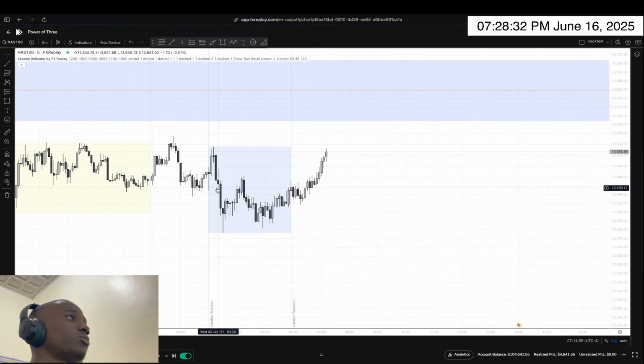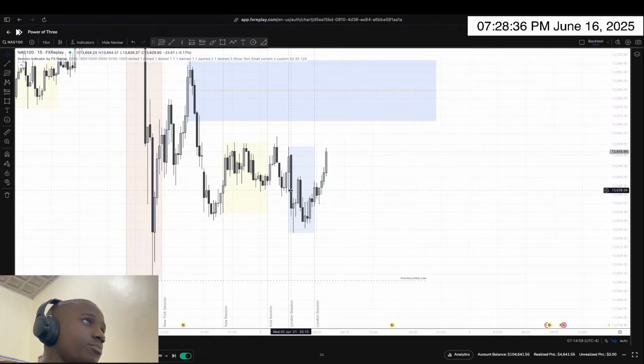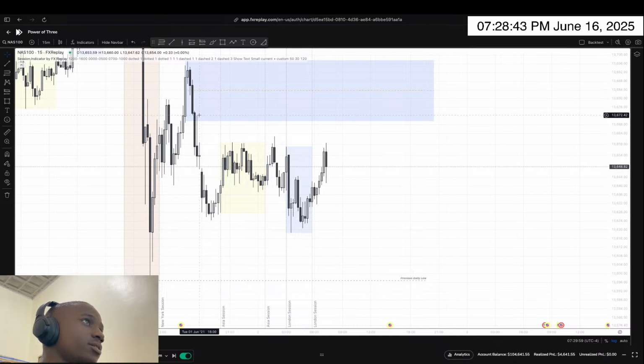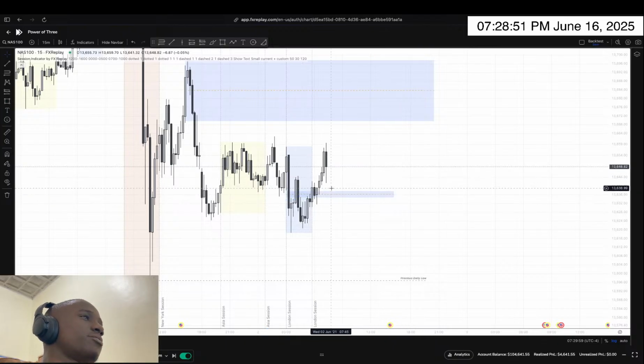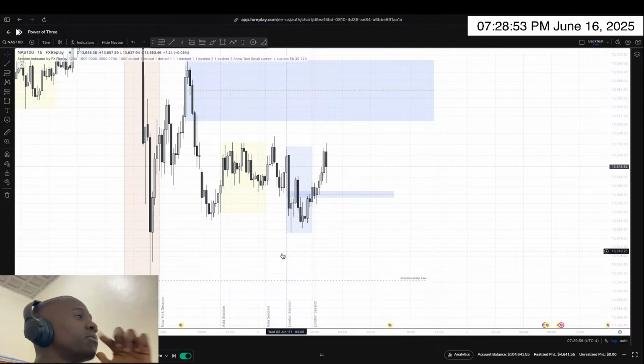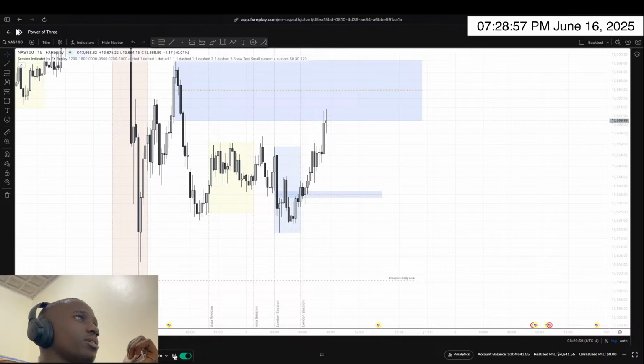But one thing I would like to mark would be this inversion FVG, which on the 15-minute will be a really small one. Let's see how market reacts. Okay, well, the inversion is this one from here to here. This will be the only place for us to enter, and if we don't get a retracement to it, then we close our charts. It's simple as that.